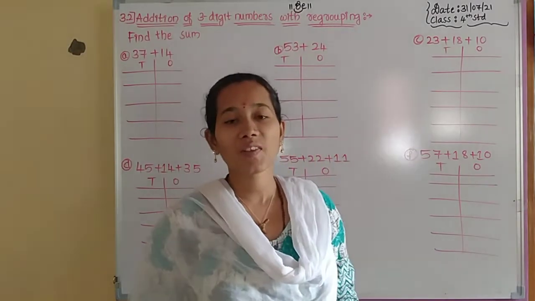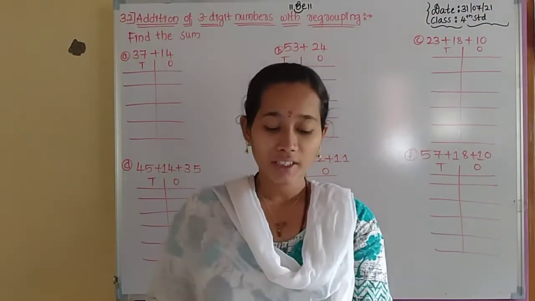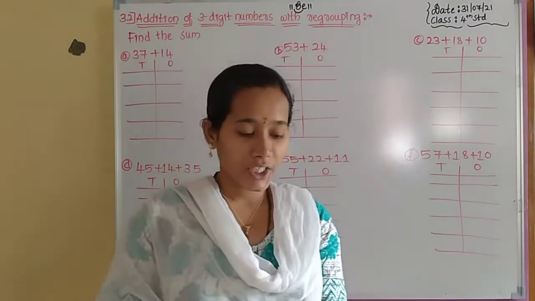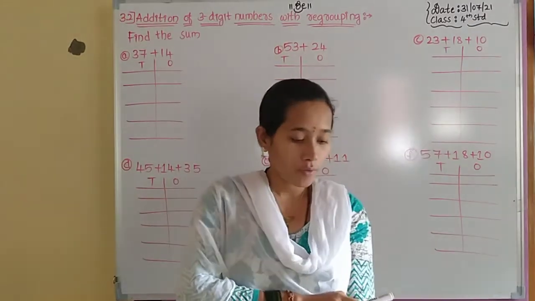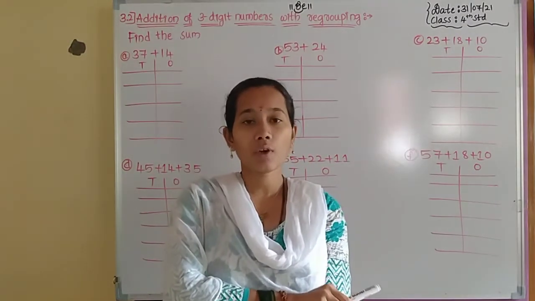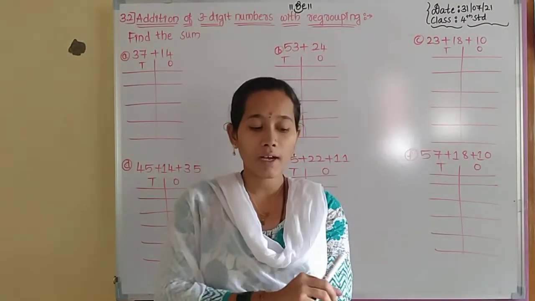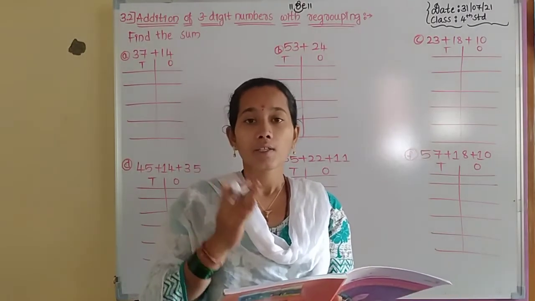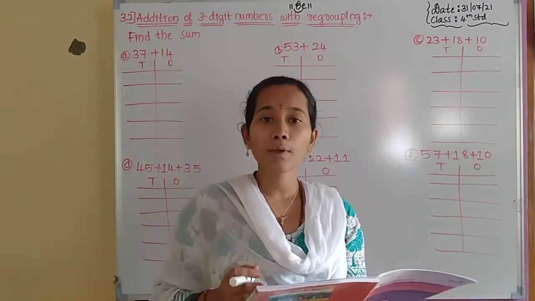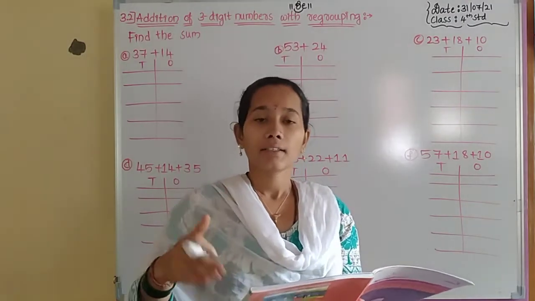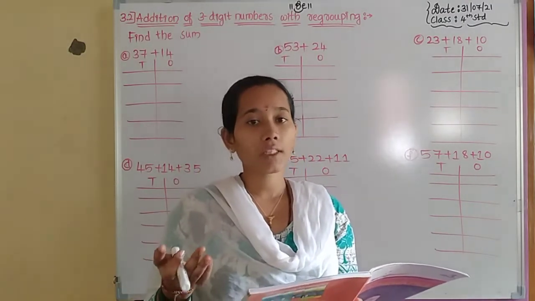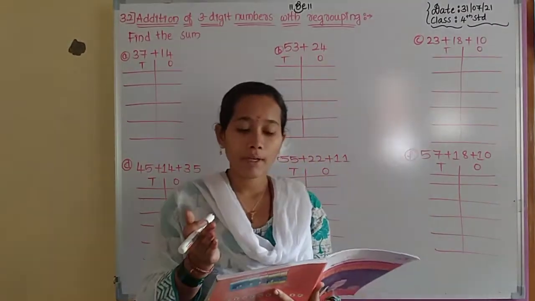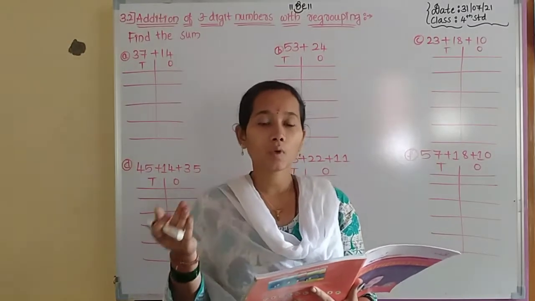Students, in the previous class we discussed what? Addition concept, the properties of addition and terms of addition. Today's class we discuss and solve what? Addition of two digit numbers with regrouping. First we have to solve two digit numbers with regrouping and without regrouping. Then we start your syllabus contents of three digit numbers. You already know about that one. And from those three digit numbers we have to start the with regrouping and without regrouping problems.